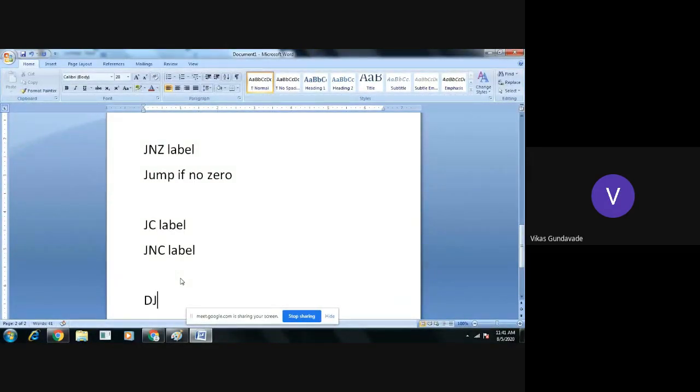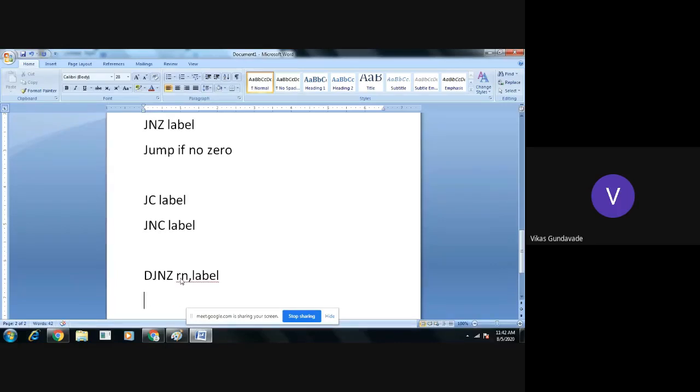Now the next instruction is decrement and jump if not 0. Here any register or the accumulator is provided along with the label location. Two functions will take place in this instruction. First, it will decrement the register contents.